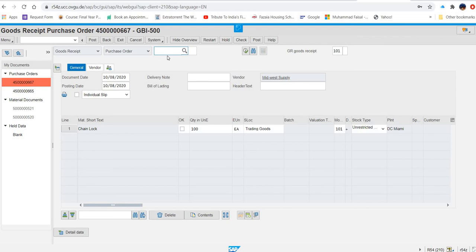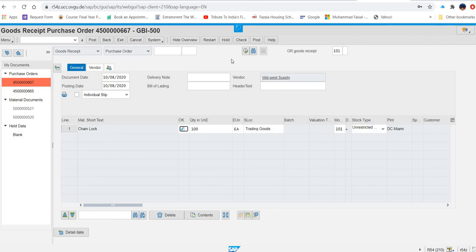Now they are saying the system should default in the remaining 100 pieces if the line item in the item overview section is read only. Click on this at the bottom of the screen to close item detail, then click OK. Again, if it is not available, then the item overview screen is open. You have to close this, but it's already closed. So what we will do, we will click OK and make sure the storage location is trading goods TG00 and nothing else.